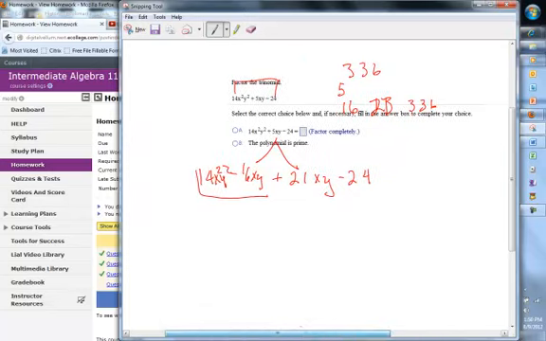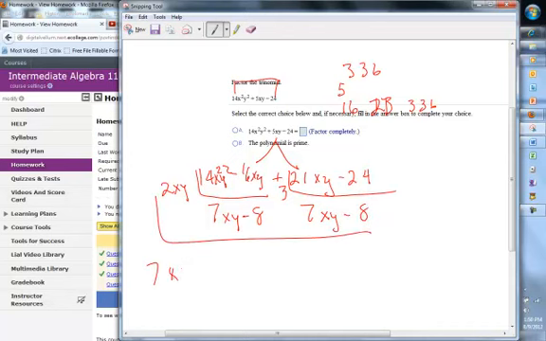Okay, let's take out a 2xy, and we're left with 7xy minus 8. Let's take out a 3 out of the next ones, and we're left with 7xy minus 8. So our factored form is 7xy minus 8